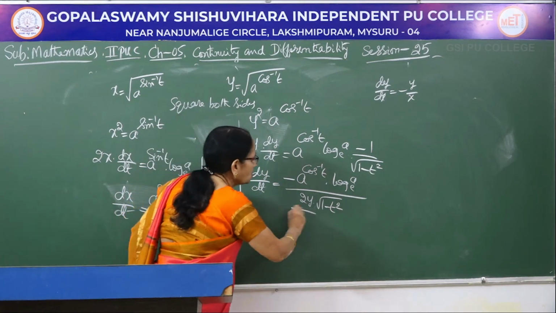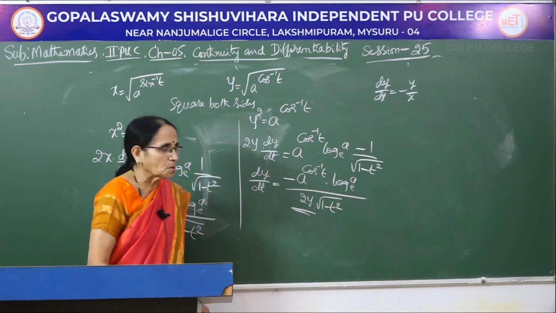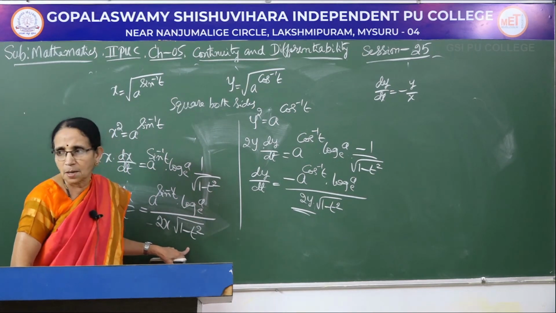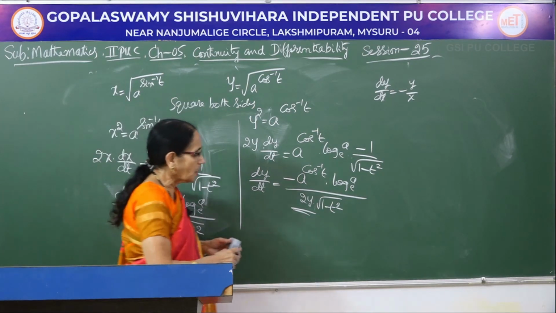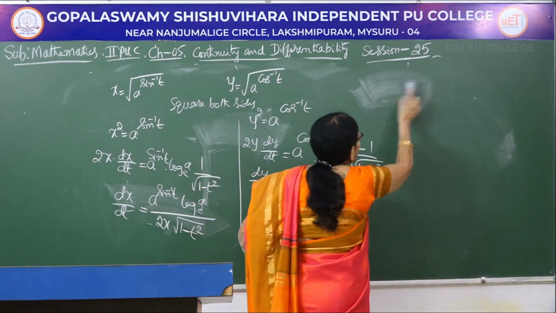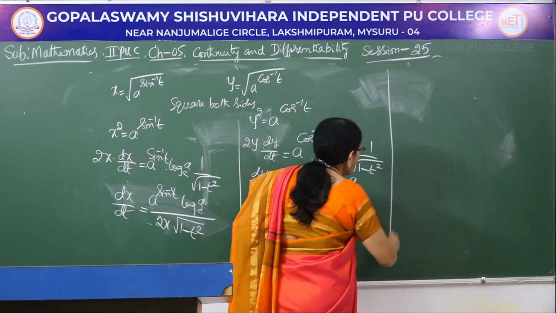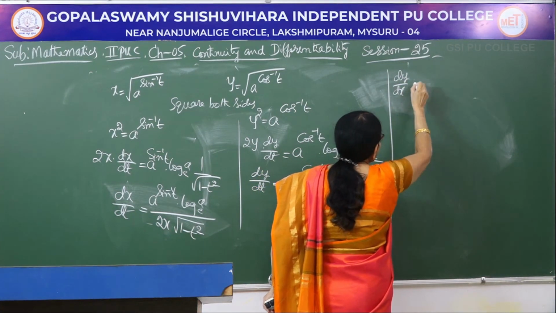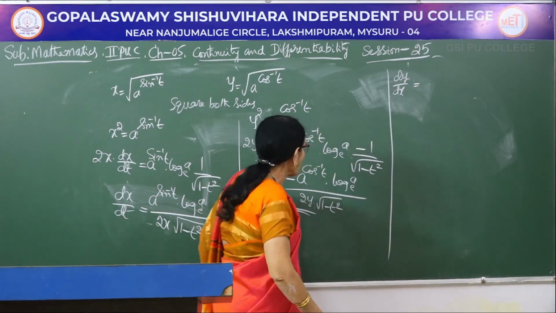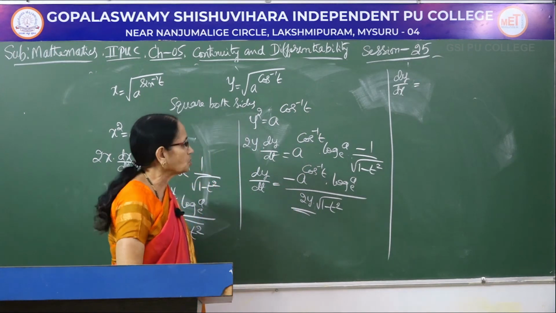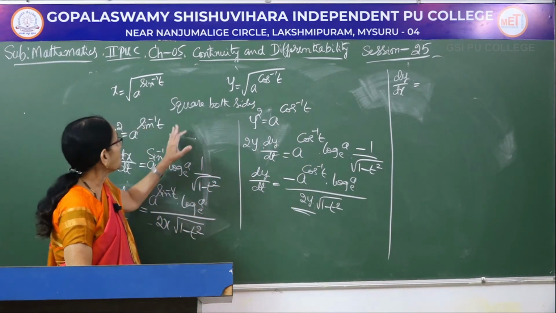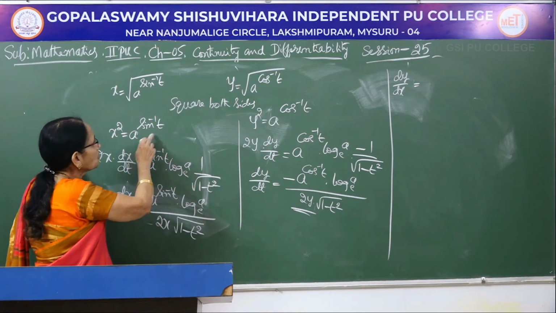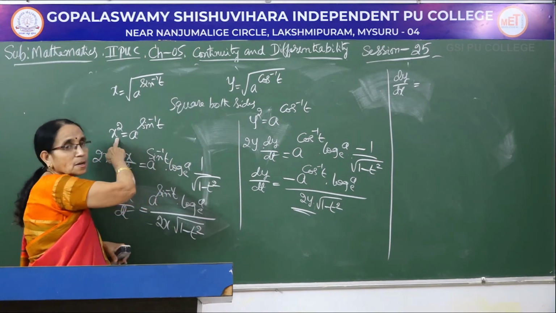Now, this is the derivative of y with respect to t, and this is the derivative of x with respect to t. Now, I want the value of dy by dx, isn't it? So, let me consider dy by dx, that is equal to, now you observe one more thing here. See, after squaring both the sides, this a to the power sin inverse t, how can I write it?